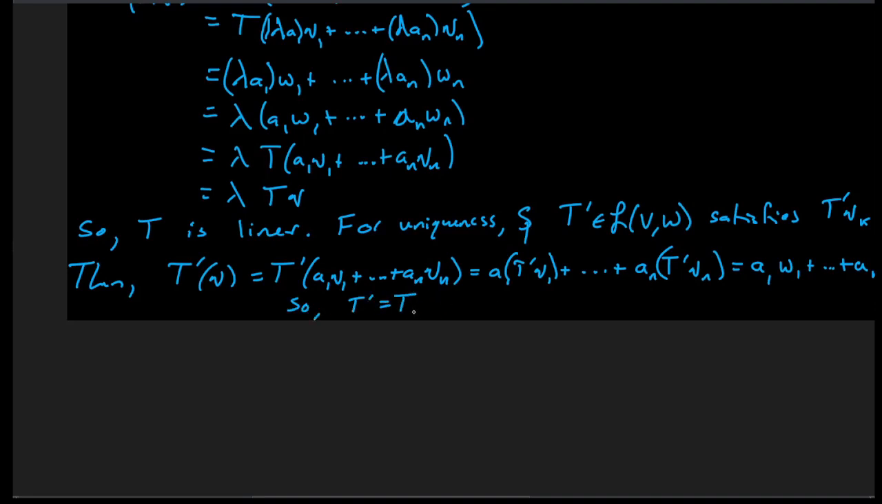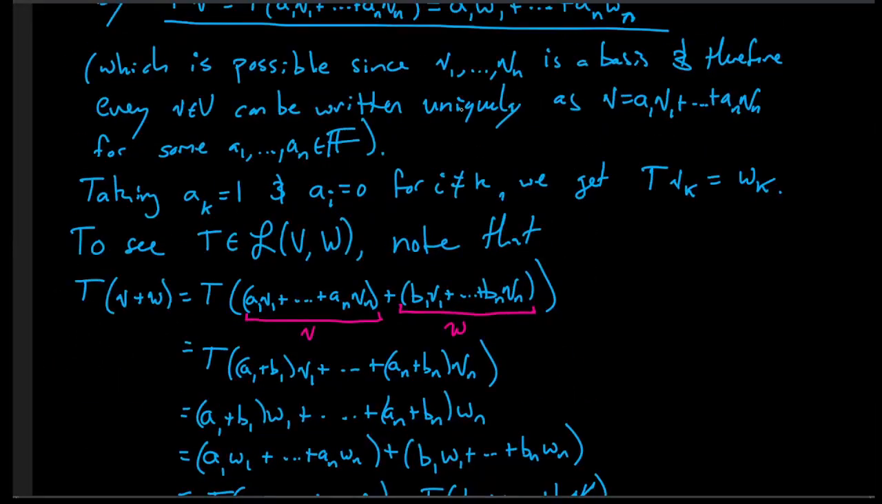For all v, since they agree at every little v and V. All right, cool. So if you have a linear map,